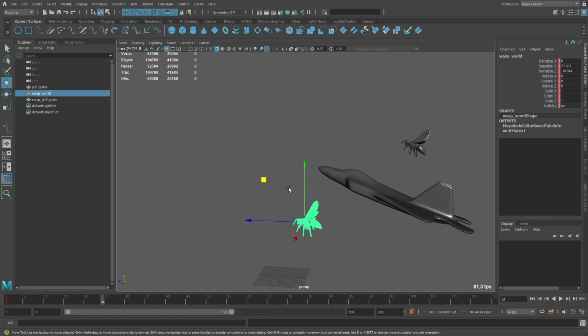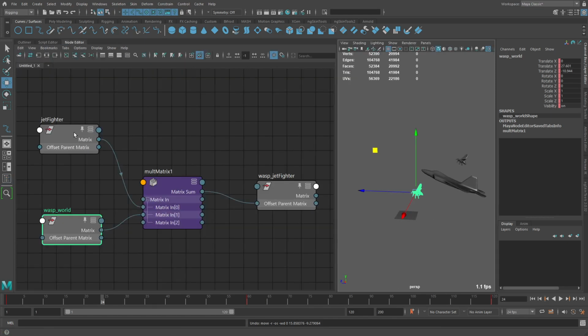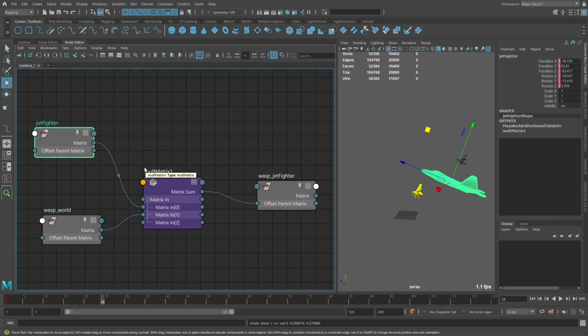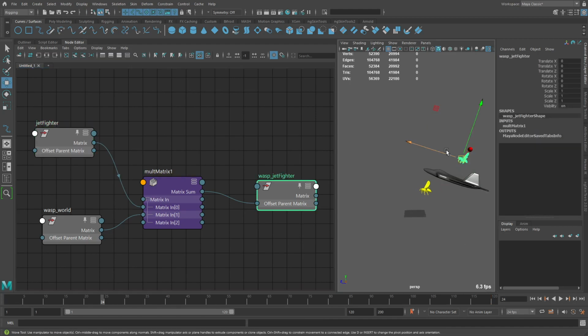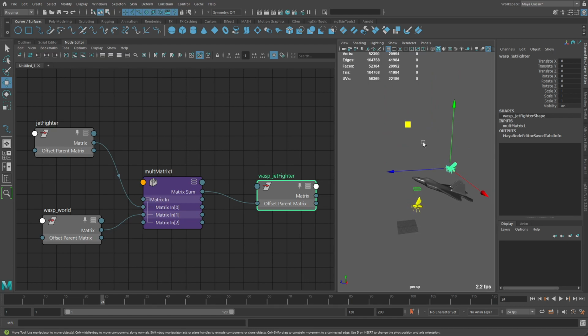That offset, you can see now, is pretty much one-to-one, because it's just added at the very end. It takes everything we've done before, which is the jet fighter, and then offsets that in world space. It would be exactly the same as if we set this into world and just applied the same values. So